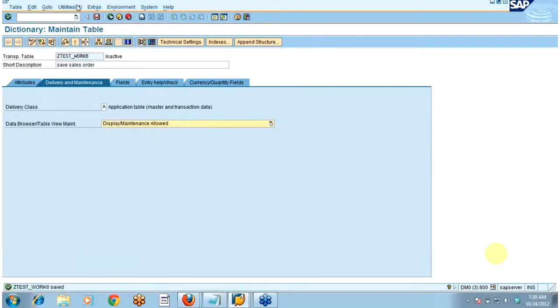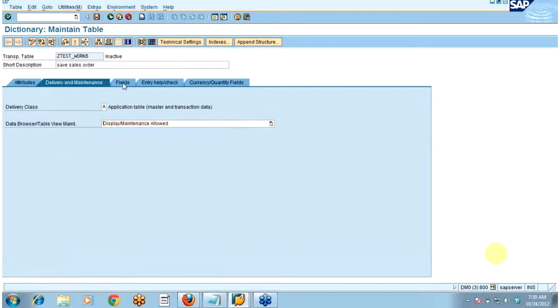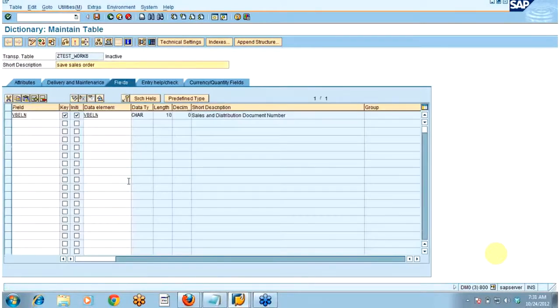Okay, fine. So my table is ready with one field called Vbeln, and this table name is ztestwork6. I will be using this table as a structure as well, and I will be saving the sales order in this particular table.